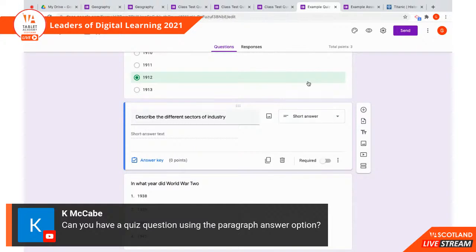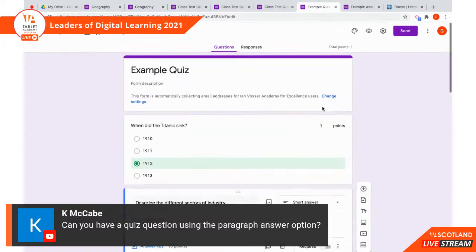However, the issue here is that if we use something where we're really looking at assessing a full sentence from the young person, the Google form won't be able to instantly mark that as right or wrong. The Google form looks at matching criteria. So in terms of providing instant feedback, I would say it's most suitable when you have one particular answer that is correct. If we look at the Paris question,